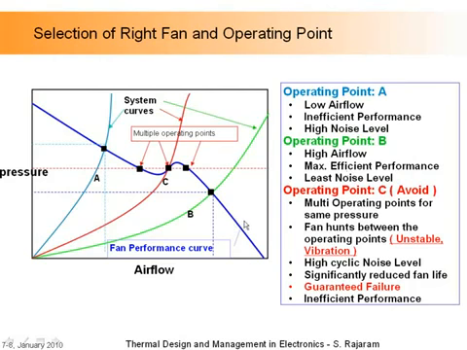So when we do the CFD analysis, we ensure that we get a design that operates somewhere here for 3 reasons. This is the point of maximum efficiency, highest flow, and least noise. So all of them go together. So that's the operating point P.